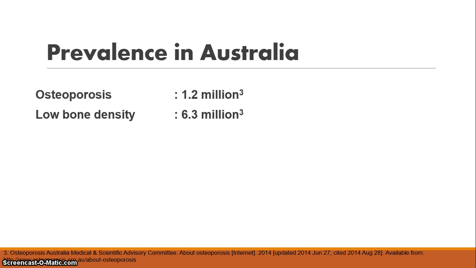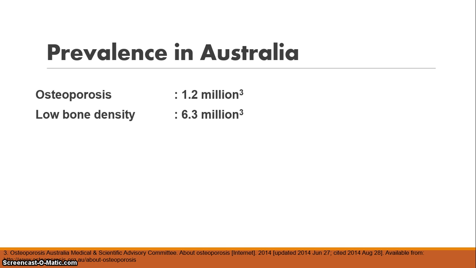This is the prevalence of osteoporosis in Australia. According to the Osteoporosis Australia Medical and Scientific Advisory Committee, there are 1.2 million people in Australia who live with osteoporosis and another 6.3 million people in Australia who live with low bone density. Osteoporosis is a silent disease, so usually people don't know they have this disease until they fall and break a